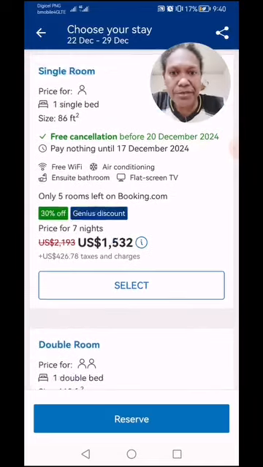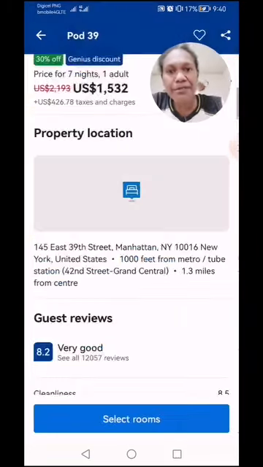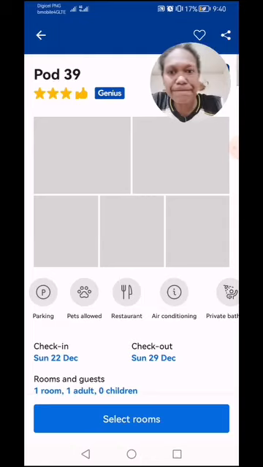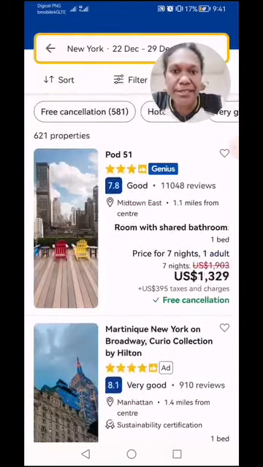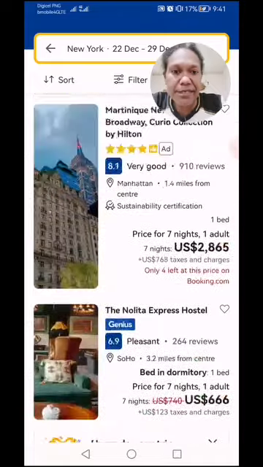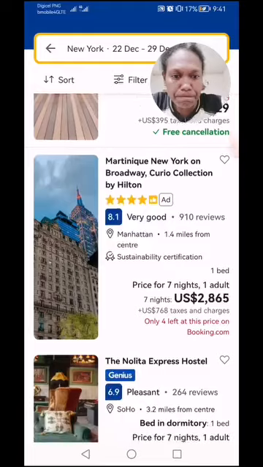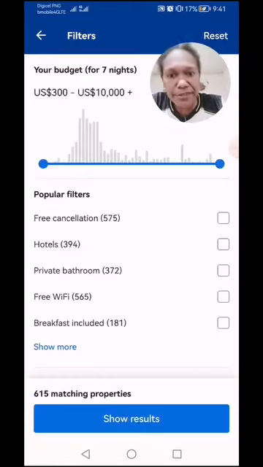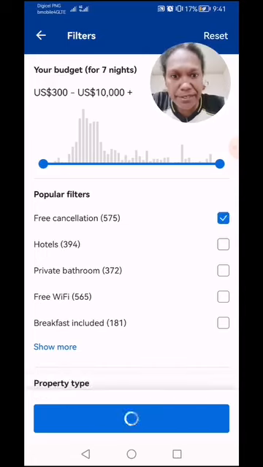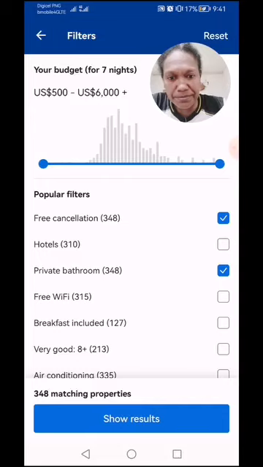And then once you say you want this one, you just select and then you go reserve. But I'm not reserving that right now, so I can get off. It's just as easy as that. With this option, there's free cancellation. You can also use the filter options, like free cancellation or a private bathroom.